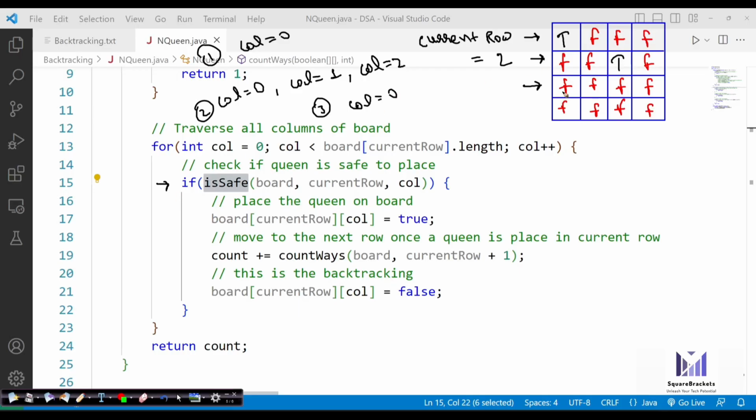So when column is 0, it will try to place a queen here, but it cannot place a queen in this. Then column becomes 1. Then it will try to place a queen here, but because of upper right, it won't be possible. Then it will try to place here, again not possible. Then it will try to place here, again not possible because of upper left. Now finally, we know that this loop is completed, as the if part is not executed even once. So the for loop is finally completed.